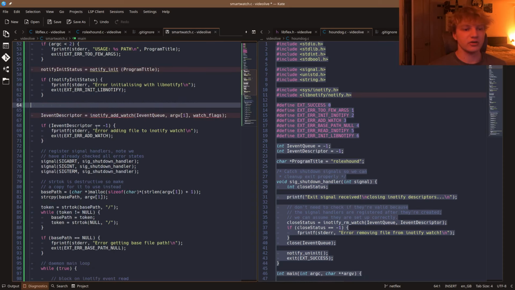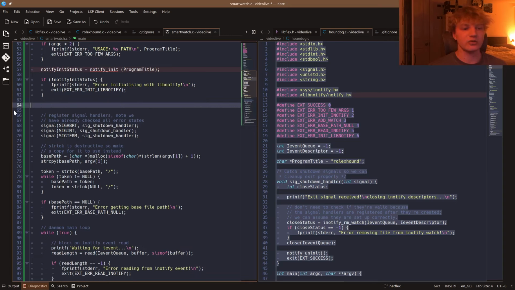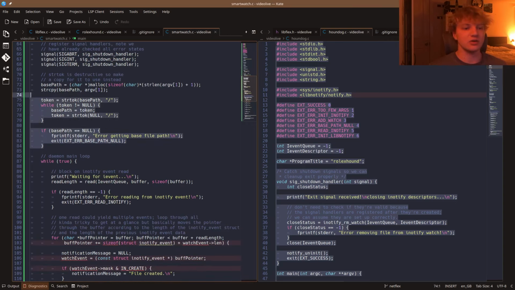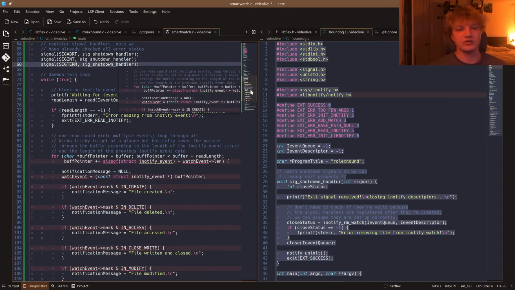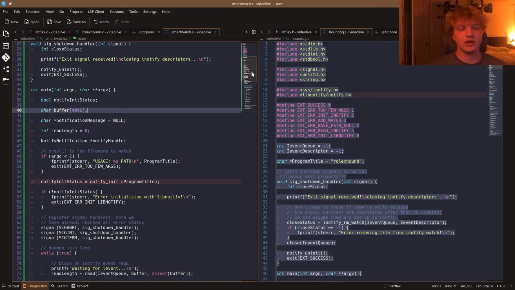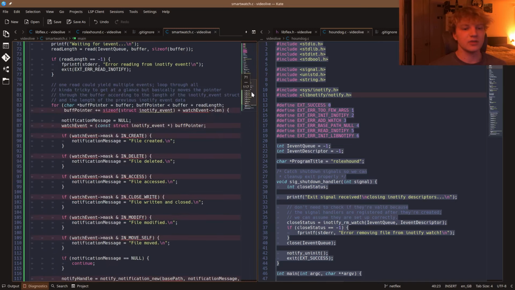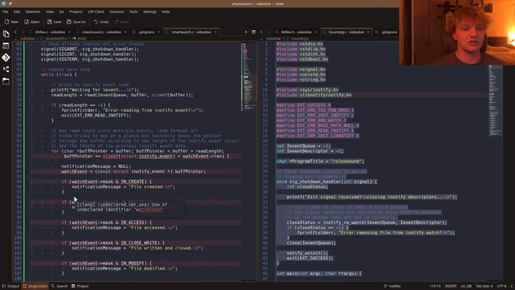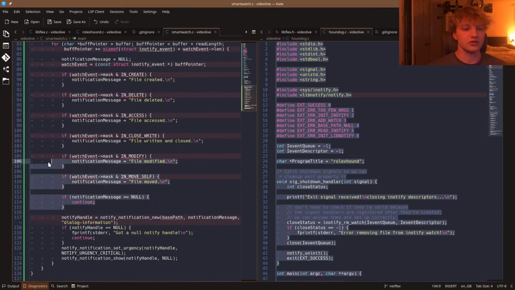iNotify is here, so we'll get rid of that. iEvent descriptor is here, we'll get rid of that. How good, how good. And this base path stuff is handled in Rolexhound now, so we can get rid of that. Get rid of these. How good, get rid of that. And now this main loop here is going to be changed significantly. So what we're going to do is get rid of all of this, and we actually don't need this inner loop at all. I think we can just get rid of this inner loop,